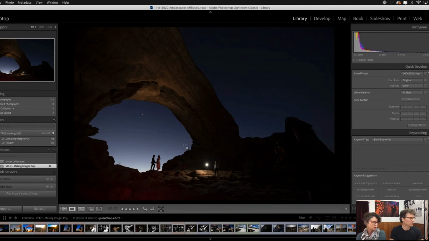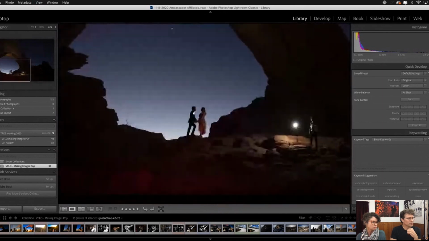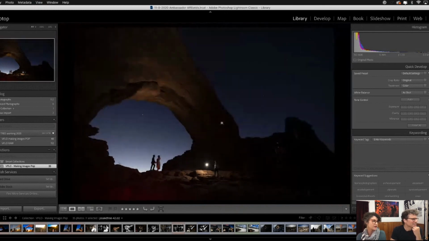Yeah, and you can look at it a little closer here, there's a little bit of movement in her dress, which we really like, because otherwise it looks almost too fairy tale. Well, they haven't seen the final photo. Yeah. So when it comes to Lightroom and